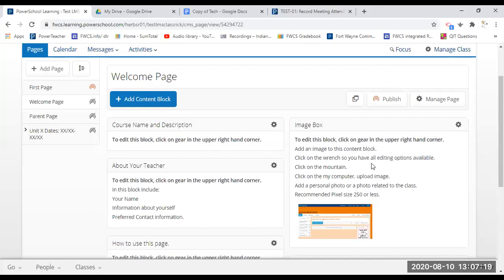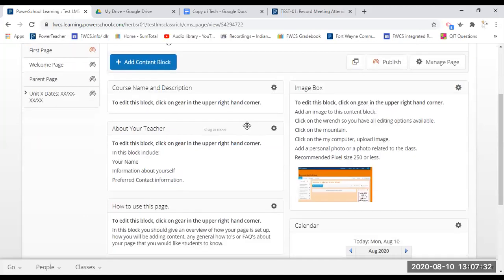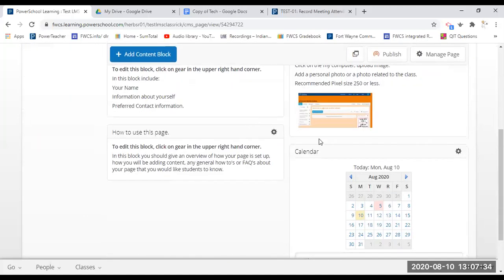So here I just added an image to that box just by clicking the gear, browsing to it, and changing it. I didn't change this text here, but you can always take that text out and add something to it as well. If we scroll down a little bit further, we have a calendar that's been added to the page